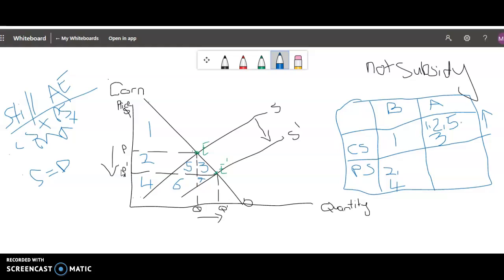Well, let's look at the new surplus for producers. So here is the new equilibrium. Here's the price that they actually receive. But we read off their new supply curve to see what is the lowest price that they were willing to accept. So it's around about the same as before, but note the increase in quantity. So the new surplus for producers is here, 4, 6, and 7. The difference between the price they receive and the lowest price they were willing to accept hasn't really changed too much. But now they keep area 4, you can see that. They gain, however, area 6,